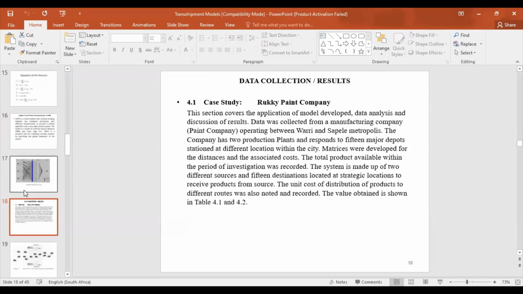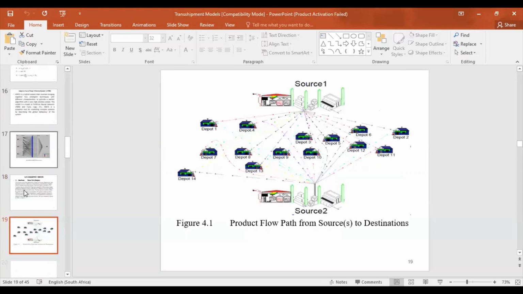And in the next slide, we present here the first data set based on the products obtained from a paint manufacturing company with two sources and multiple destinations. So the first case scenario is a paint manufacturing company, and the company has two different sources, and products can either flow from source 1 or source 2. But the problem with this is trying to know exactly when product is made available, when demand is being made, how do we supply products? Are we to supply the product from source 1 or source 2? And that's exactly what we're going to address using this interesting model.